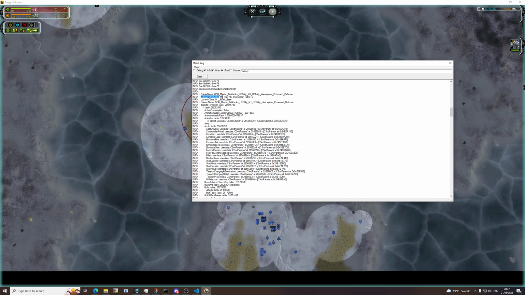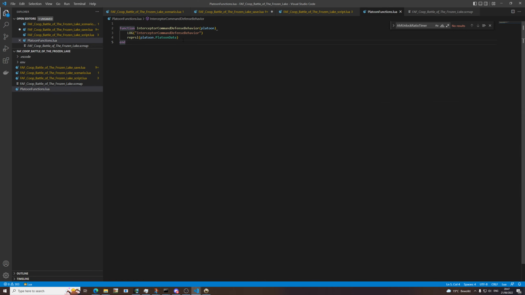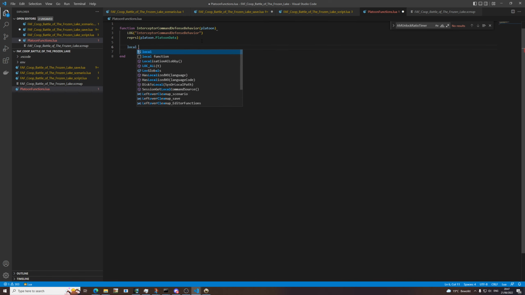Default patrol chain, there we go, which is our chain. So now we have all the information that we need. So let's start making that custom platoon function here. So we're just going to do local targets to protect, which is